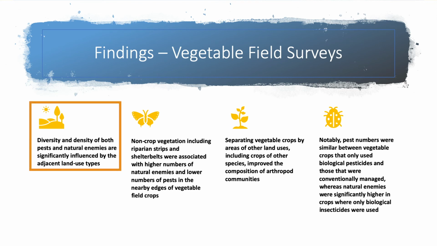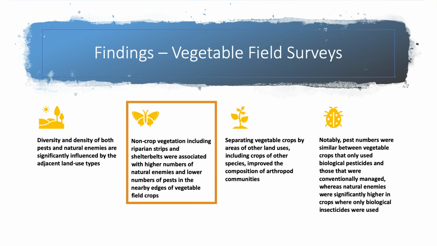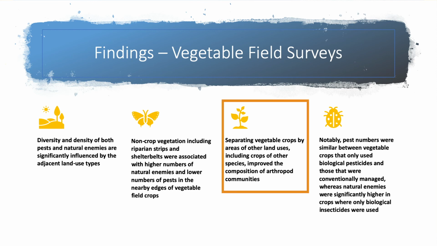It was evident that adjacent land use types impacted the biodiversity and density of pests and natural enemies in our focal crops. Our results also showed that encouraging and supporting non-crop vegetation, particularly shelter belts and riparian strips, promoted natural enemies in nearby focal vegetable crops. It appears to be advantageous to arthropod community composition to separate vegetable crops from other land uses and crop types. Such strategies can assist in minimising the build-up of a pest species in a particular crop type, for example, particularly where there are a succession of growth stages of the same crop type, permitting the pest to readily move